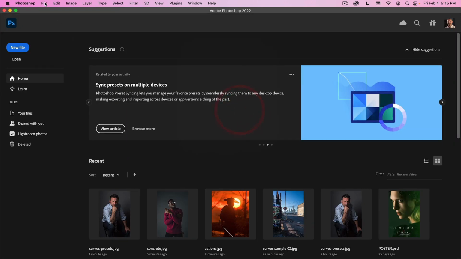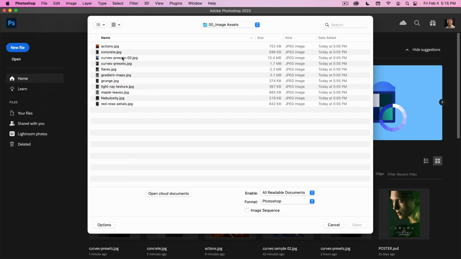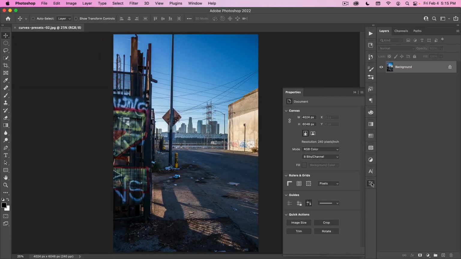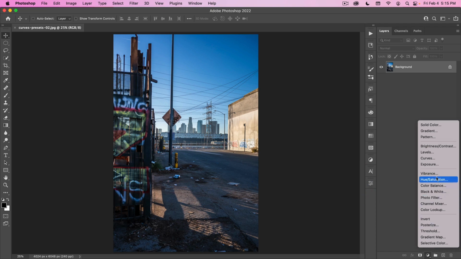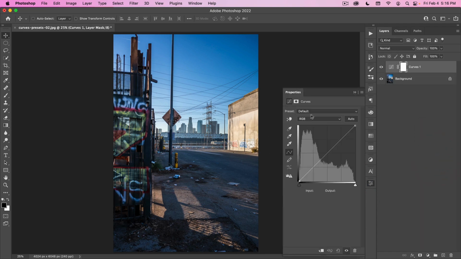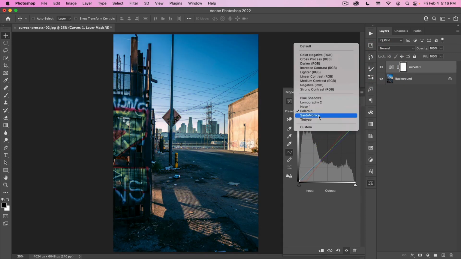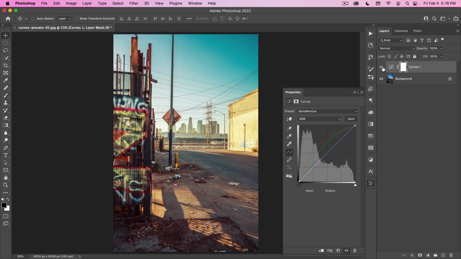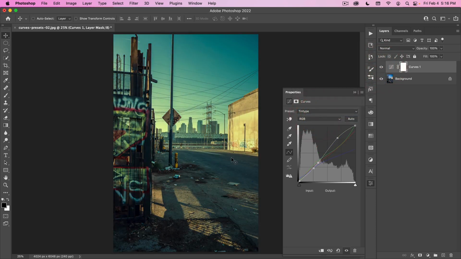Let's close this out, and I want to show you those same ones on a street photograph. That's this O2 file. You can just see how some of these work quite well on a street photo. So let's go to blue shadows. That looks pretty nice, but look at that lomography there. So that's the before and after, and it just gives it a whole different look with the one click here. Polaroid, Santa Monica, there you can see, kind of gives it that sun-drenched look. And finally, tintype. So those are the curve presets.